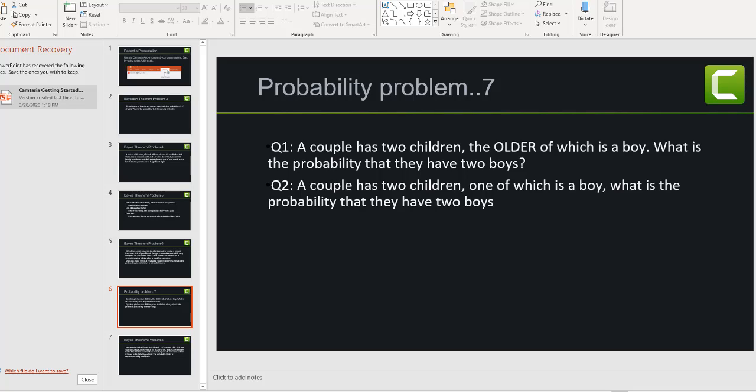That's the first question. The condition is that the older one is a boy, and what is the probability that they have two boys? And in the second case, a couple has two children, and one of them is a boy. What is the probability that both are boys? This is straightforward and doesn't really require Bayesian. If you want, you can use it, but let's solve it without using Bayesian